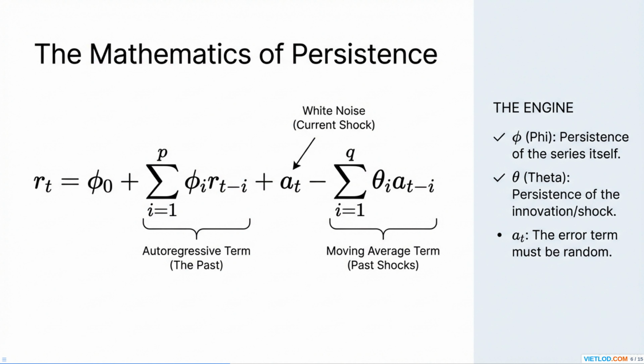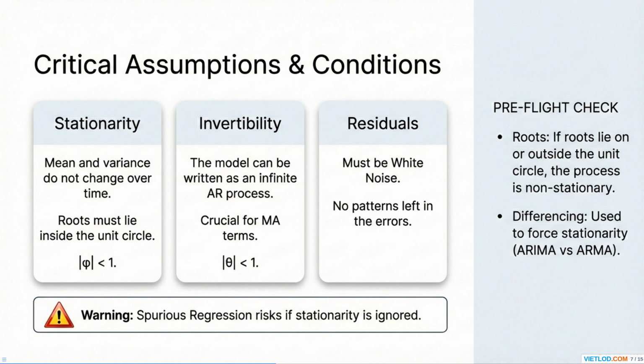be valid. For example, if we model daily sales, the AR part accounts for how today's sales are influenced by yesterday's, while the MA part explains the lingering effect of unexpected sales surges from previous days. This equation provides a powerful framework, but it relies on critical assumptions that we must always verify.